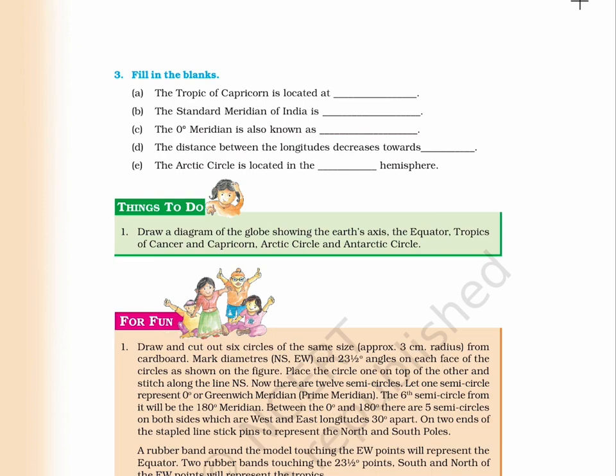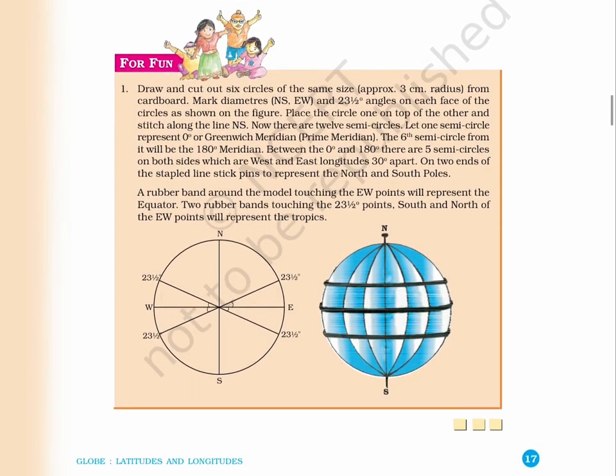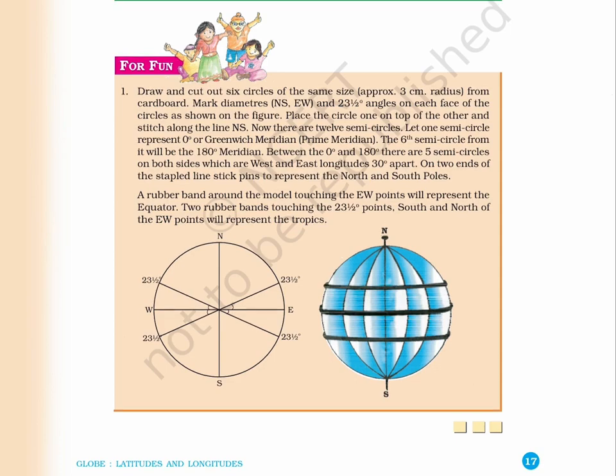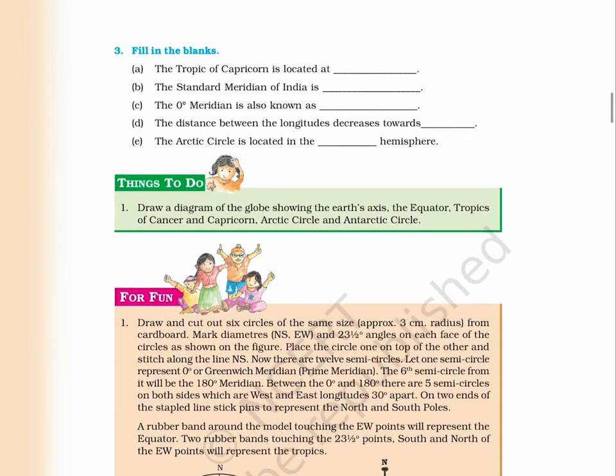Things to do. 1. Draw a diagram of the globe showing the Earth's axis, the equator, Tropics of Cancer and Capricorn, Arctic Circle and Antarctic Circle. For fun,